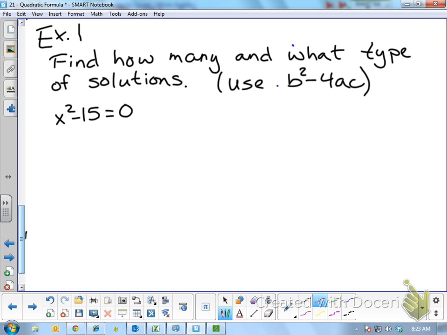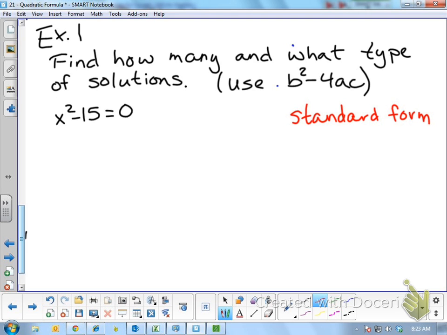Again, I want to make sure everyone has this written down before I actually start the problem. So we know what formula, because I wrote it for you. On the homework, it's not going to be written, but hopefully you could look back in your notes and see, oh, it says how many and what type. I should use b squared minus 4ac. But I have to know what a, b, and c are. So first we have to review what was a quadratic in standard form. When we were in standard form,